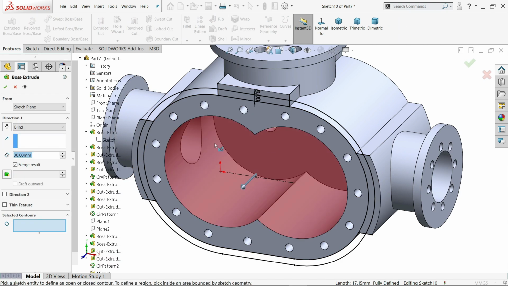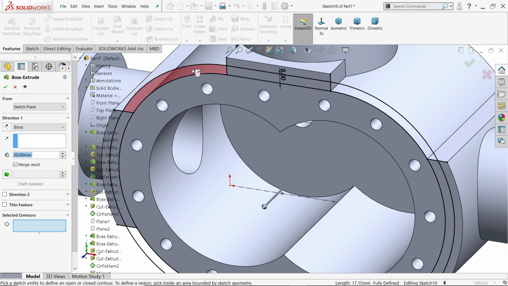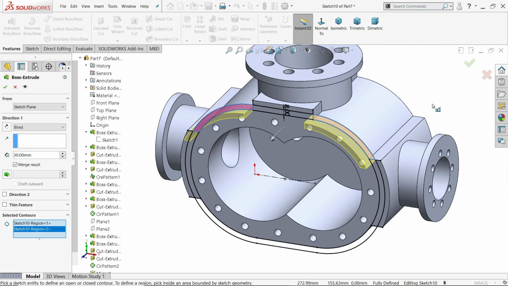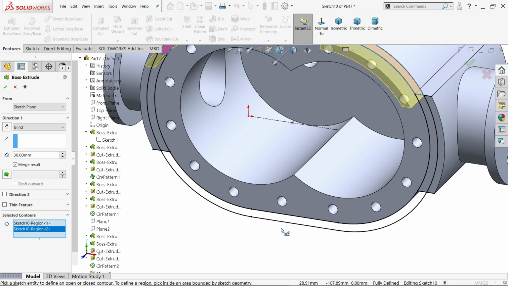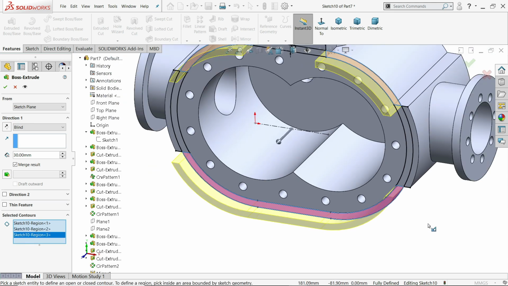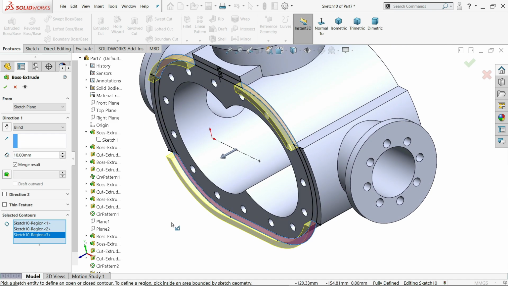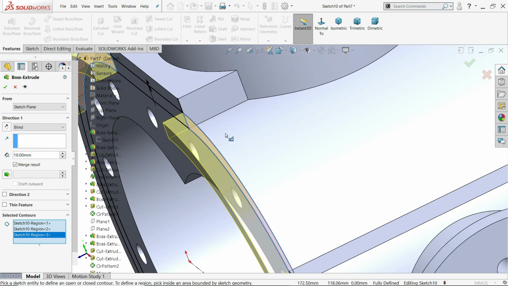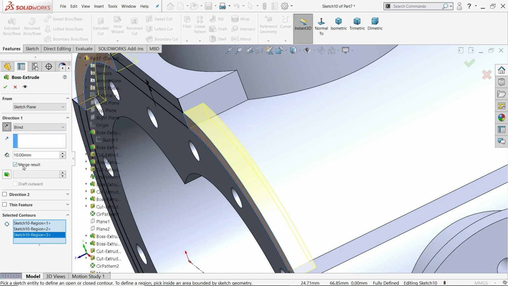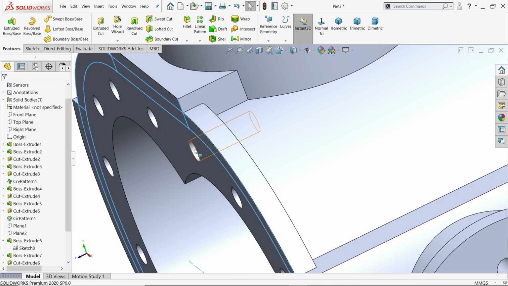Extruded boss base. Now I'll select 1, 2, and this bottom one 3. Okay, these 3 we want to create 10 numbers. Now see, it's moving outside. Make reverse. Merge result. Okay, now see,